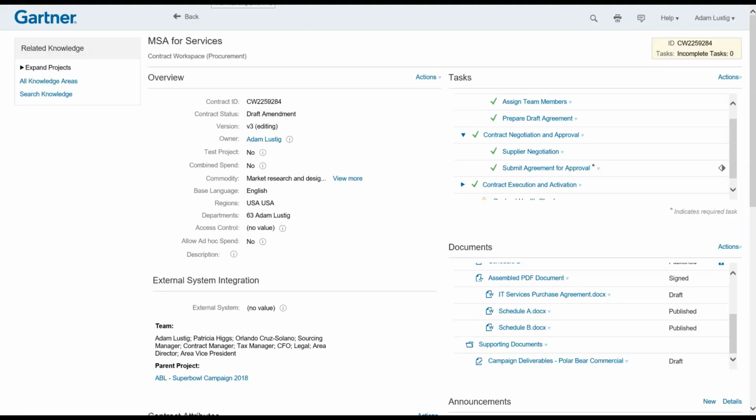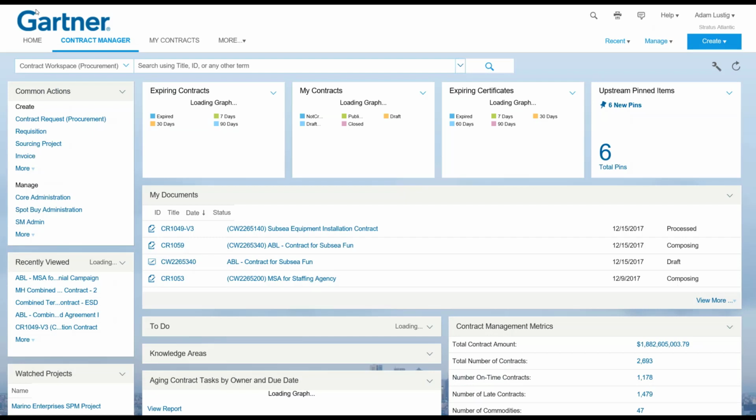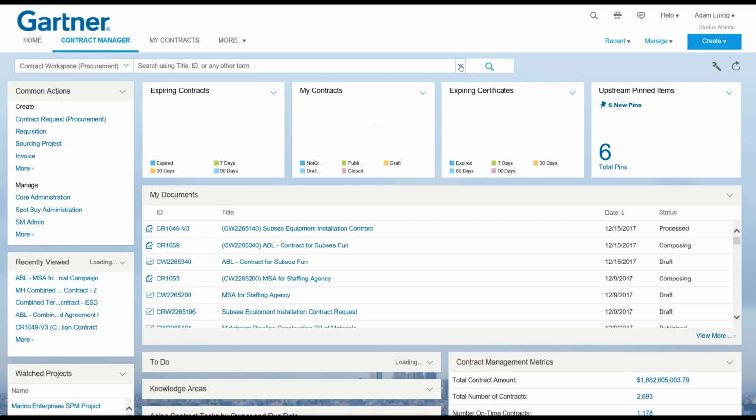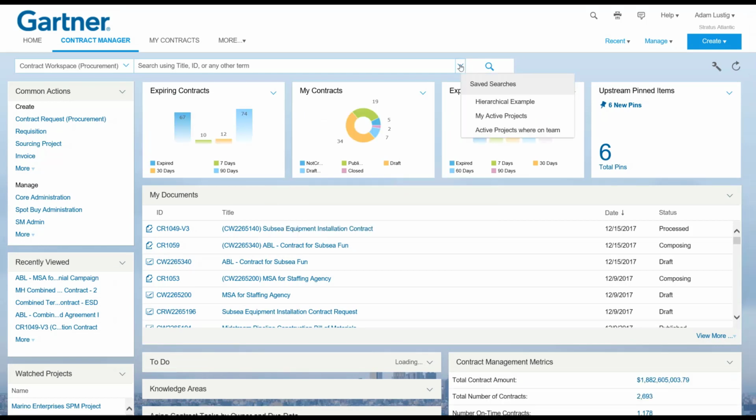Let's take a look at how we can search across the repository. I'm going to head back up to my dashboard. In this case, I'll click on the Ariba icon. It takes me right back up to my dashboard, and let's go ahead and take a quick look at how easy it is to search across the repository. I'm going to click on this hierarchical search example,